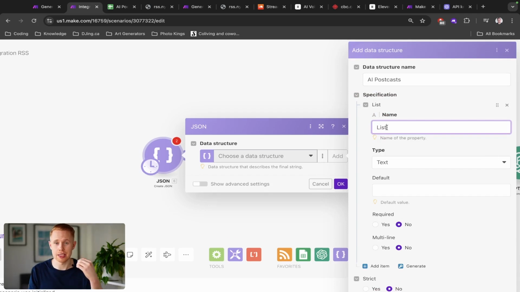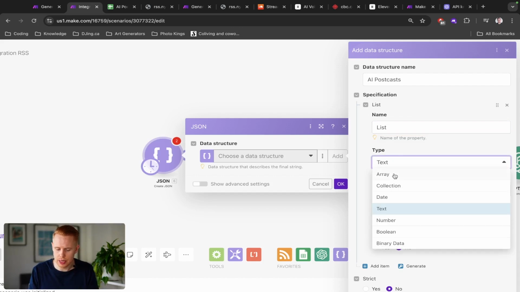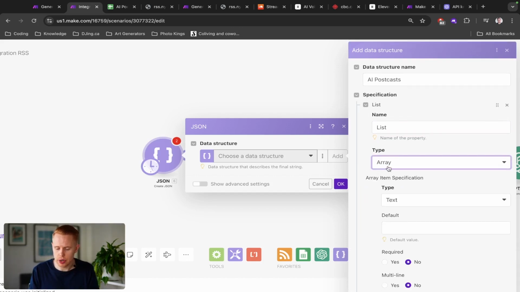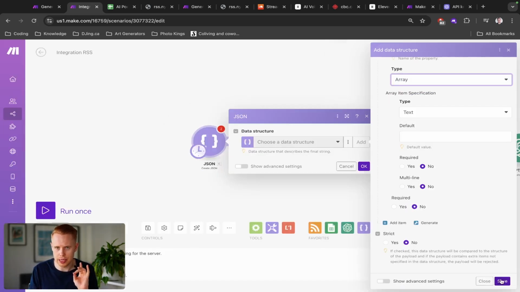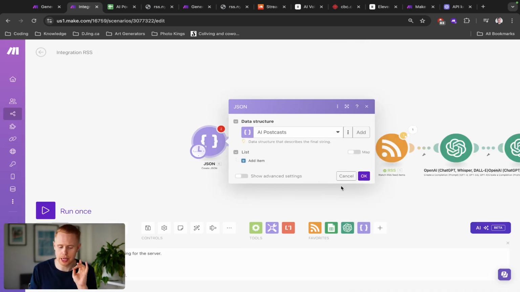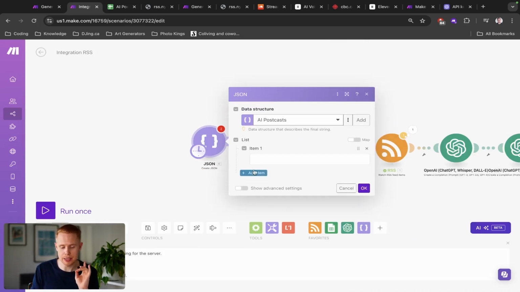So we can have a list of multiple different RSS feeds. And this list is going to be an array. An array is a list, but an array is just saying list in technical coding terms. They're essentially the same thing, right? And it's going to be an array of text fields. If that doesn't make sense, let me explain this visually to you. We'll click save. So we have an array of text,